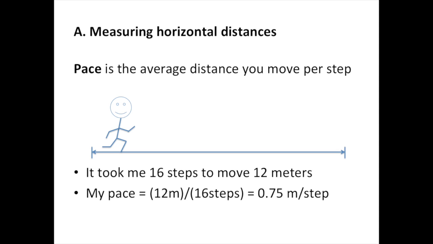We will use our pace, and your pace is the average distance that you move per step. So you need to measure and count how many steps it takes you to move some known distance. It took me 16 steps to move a distance of 12 meters. So that means my pace is 12 meters divided by 16 steps, which gives me 0.75 meters per step. So that's my pace, and you should know your own individual pace so that you can use it to calculate